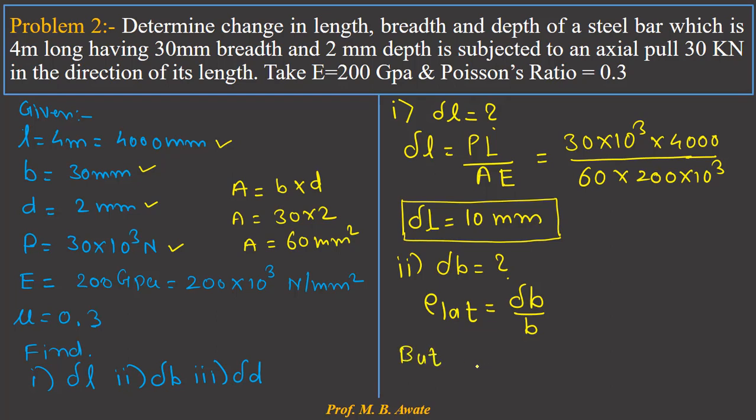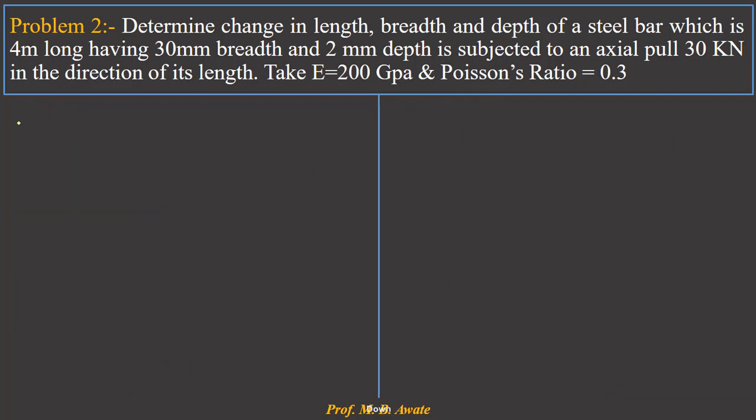Okay, so I will just write down the equation of Poisson's ratio. That is, Poisson's ratio mu is equal to the ratio of lateral strain to the linear strain or longitudinal strain. So see here, I am writing again the same, mu is equal to lateral strain divided by linear strain. We know the value of mu, but I do not know the lateral strain, and also I do not know the value of linear strain. So what I will do is, I will first calculate the value of linear strain.